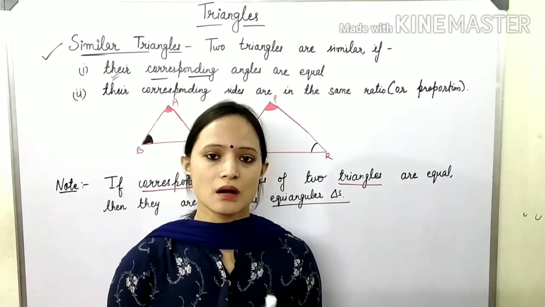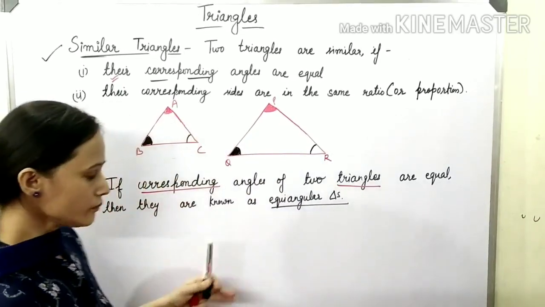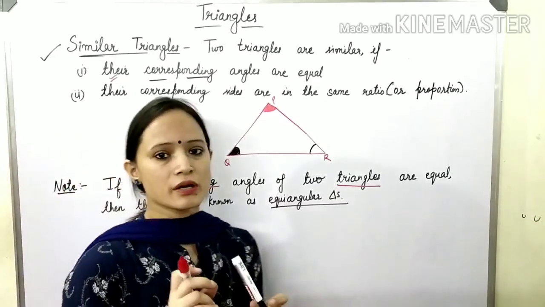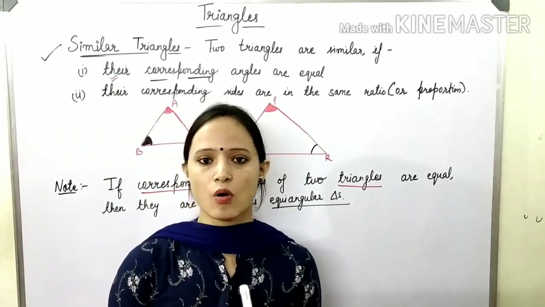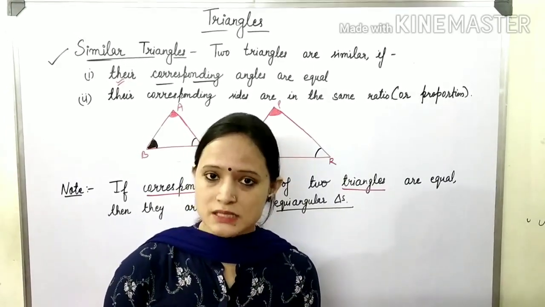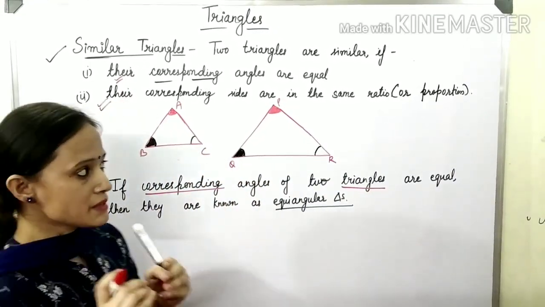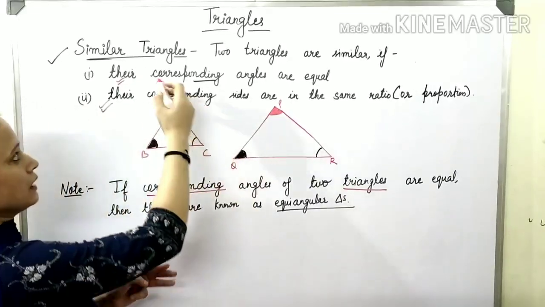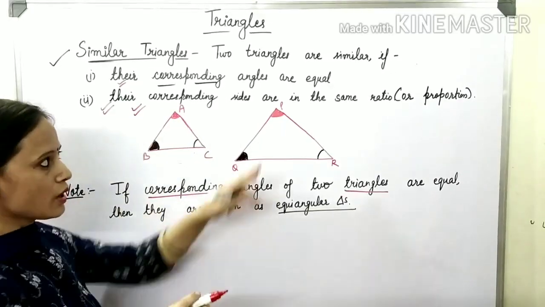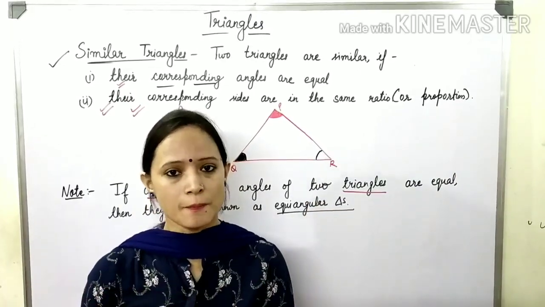And Thales, a great Greek mathematician, gave a very important truth regarding these equiangular triangles, that is, the ratio of the corresponding sides of these kinds of triangles is always the same. You can take the ratio of any two corresponding sides, and that ratio will be the same. And that is the second condition. So if two triangles are equiangular, their corresponding sides are going to be proportional. So one condition is also sufficient for two triangles to be similar.